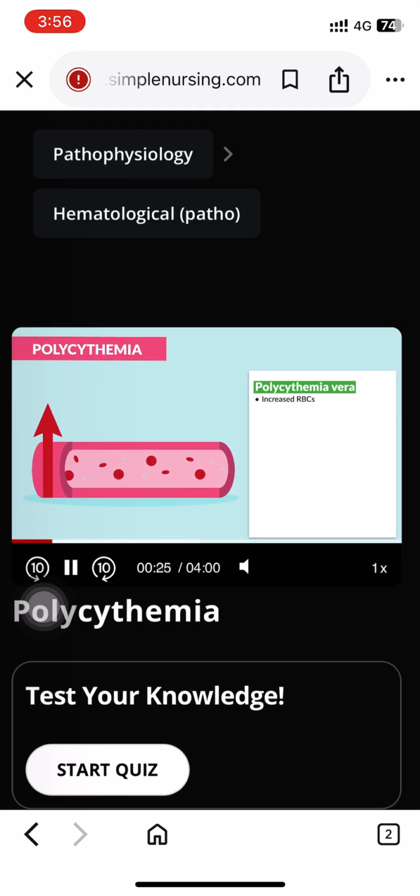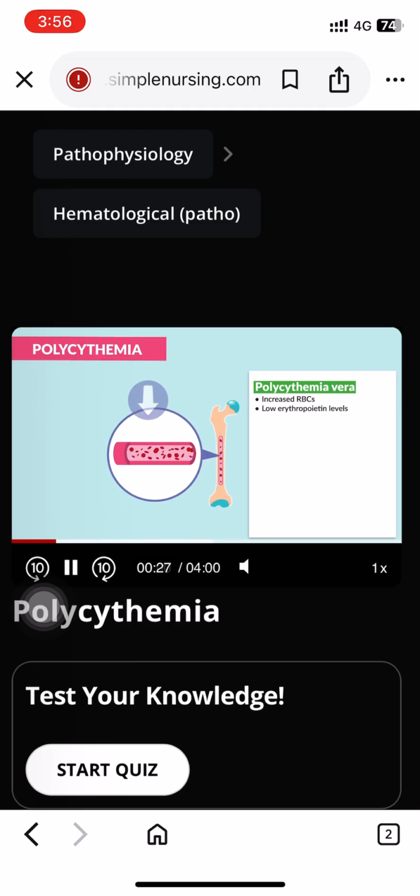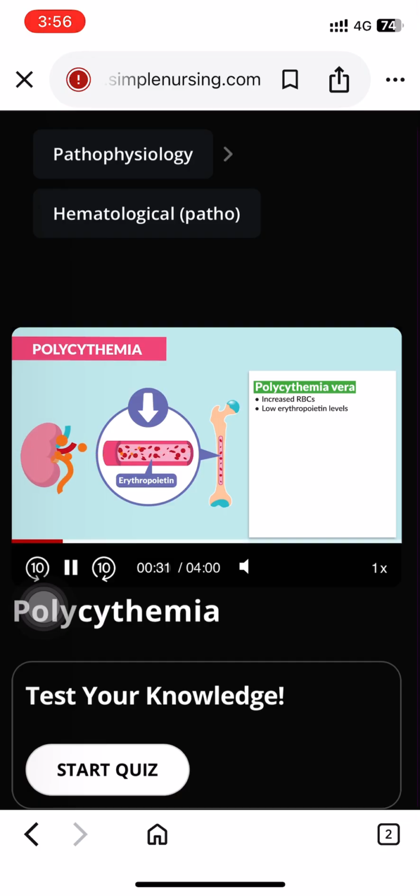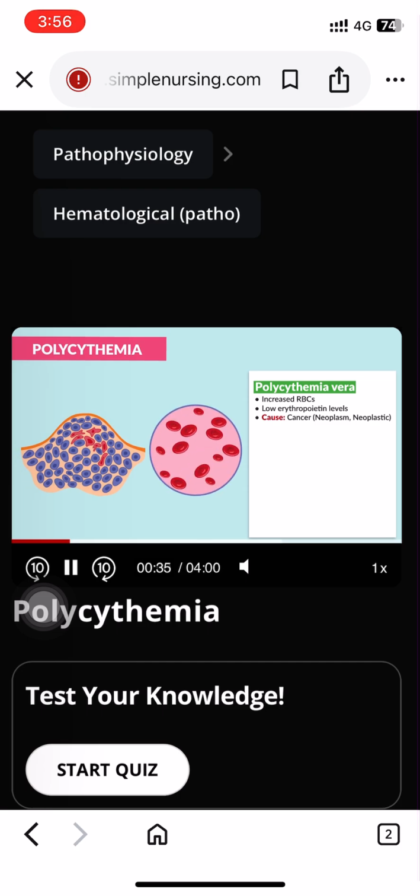We see an increase in RBCs. We also see low erythropoietin levels, basically that hormone from the kidneys that tells the bone marrow to produce RBCs. Now the cause is very distinct. We have cancer here, also called a neoplasm and a neoplastic disorder, meaning overgrowth of cells, and in this case, overproduction of